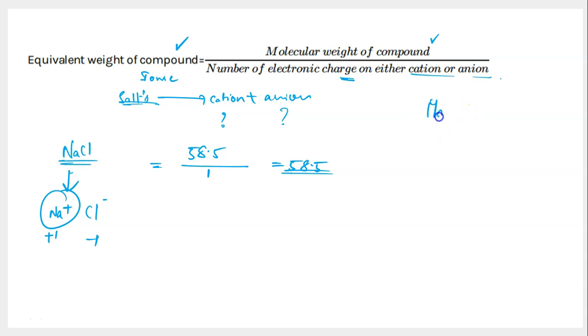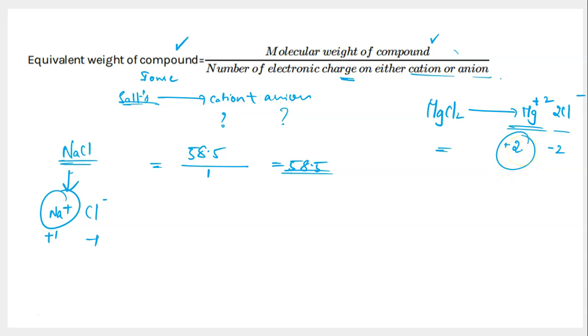Let's take one more example, MgCl2. How to calculate the gram equivalent mass of MgCl2? Apply the formula: molar mass of MgCl2 divided by the number of cationic charges or anionic charges present on the salt. If you ionize this salt, it leads to the formation of Mg²⁺ and 2Cl⁻. So the cationic charge is +2 and the anionic charge is -2. In the numerator, you take the molar mass of MgCl2. In the denominator, you take 2. You can choose to take +2 or -2. It doesn't make any difference.